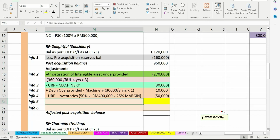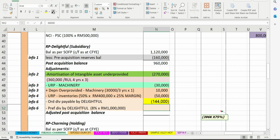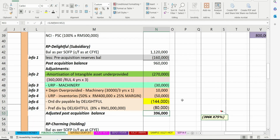And the next one is information 6, where you do the journal entry to record the dividend payable by Delightful for ordinary dividend. And then another one is preference dividend payable by Delightful, which was 80,000. So there are no more adjustments for the subsidiary. So we can total up the adjusted post-acquisition balance. Out of this 396,000, you would see that